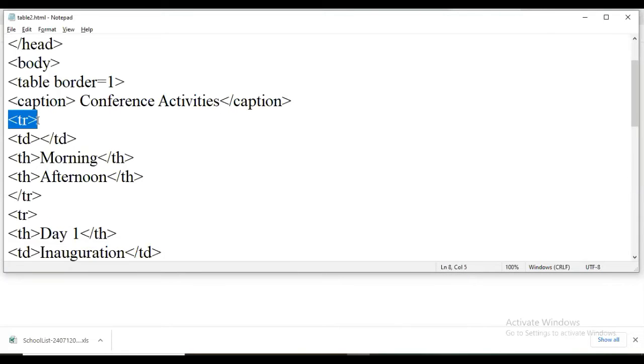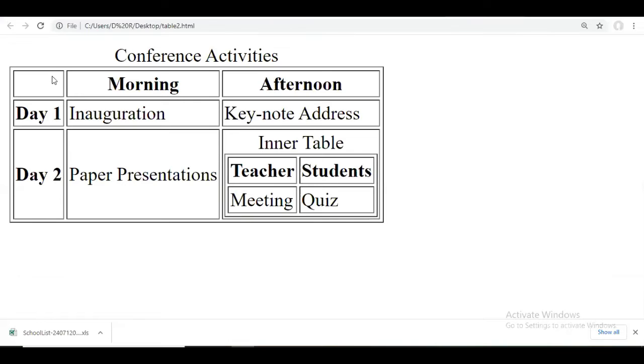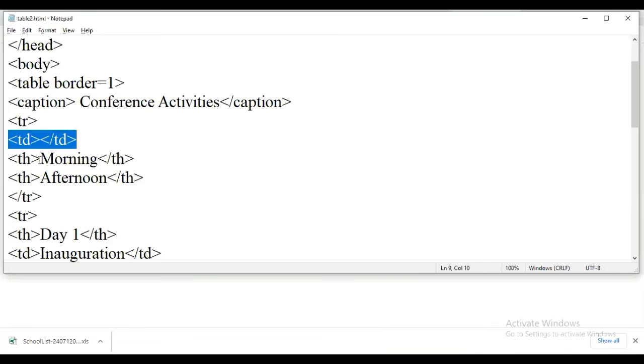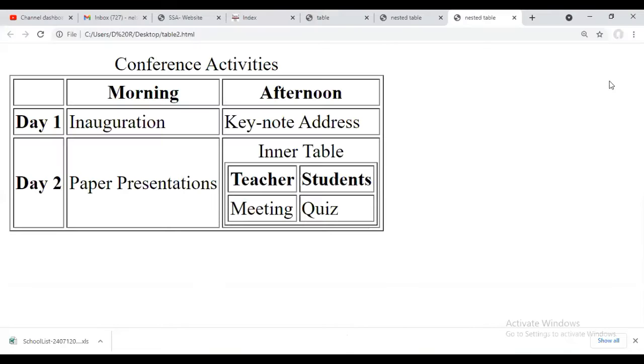So the first row we have created here. In that first row we have kept the first column blank. In second and third, we have used TH to make that text bold and centered. So TH morning, TH afternoon, so that we are getting here.